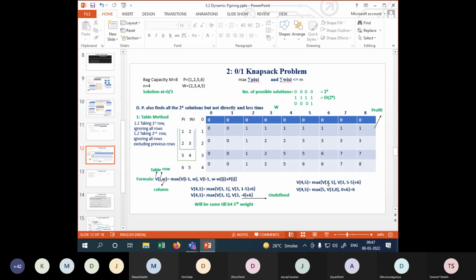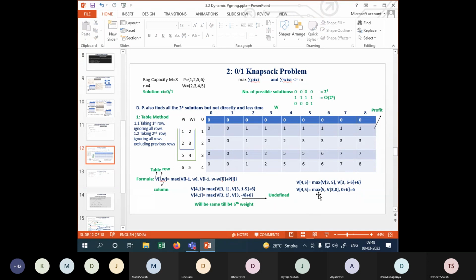मैक्स अंदर v, और दिस विल बिकम v minus 1, v is equal to 4, so it will become 3 comma 5 comma v अंदर फिर से 4 minus 1 that will be equal to 3 comma, अब हम यहाँ पे पहुंच गए, वेट, इस टाइम वेट क्या है उस कॉलम का, अब 5 है ना, तो हम 5 लिखेंगे और माइनस इसको करेंगे जो उस आइटम का वेट है, क्योंकि हम 4th रो पे है तो ये आइटम तो इंक्लूड होगा ही होगा, तो उसका वेट 5 है ना, प्लस उसका जो प्रॉफिट है 6 वो ऐड करेंगे,